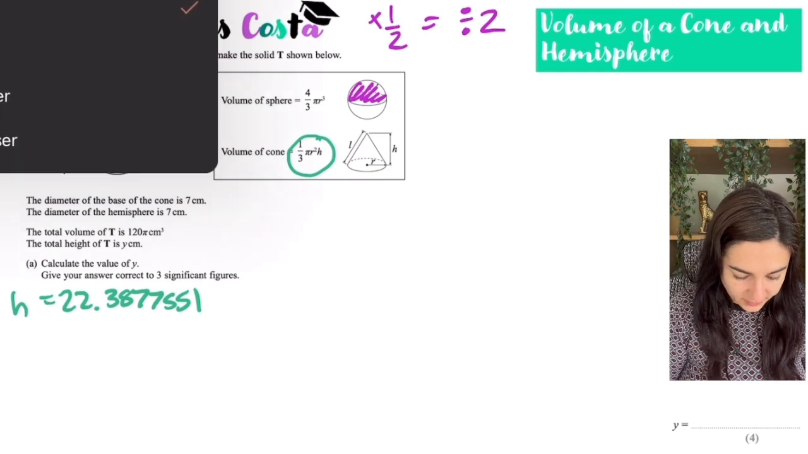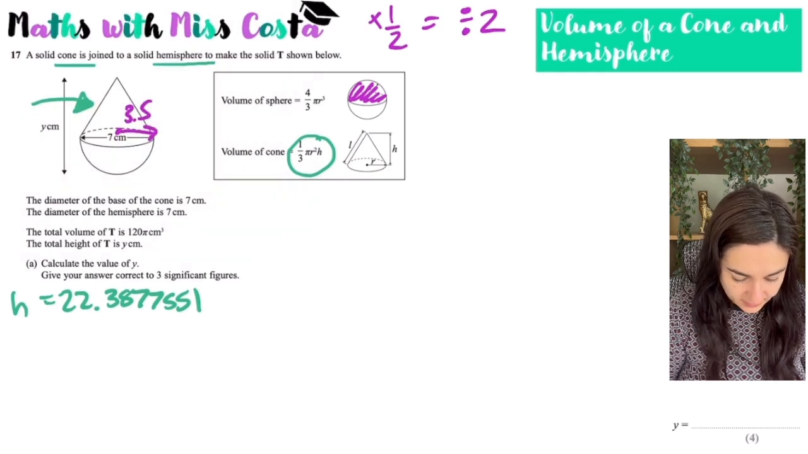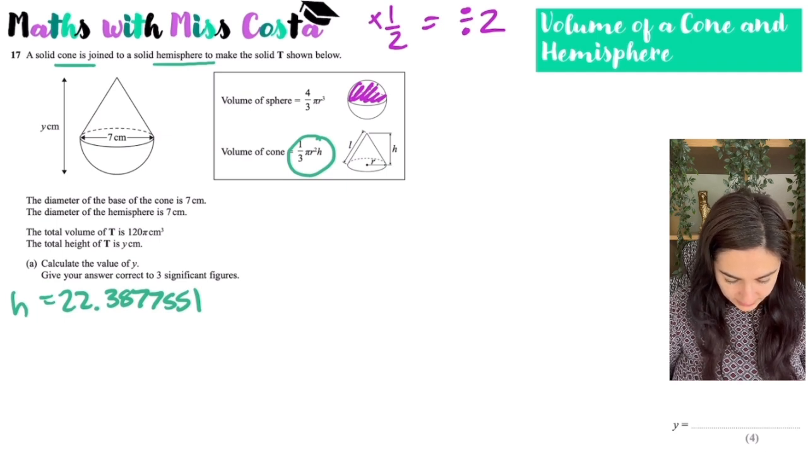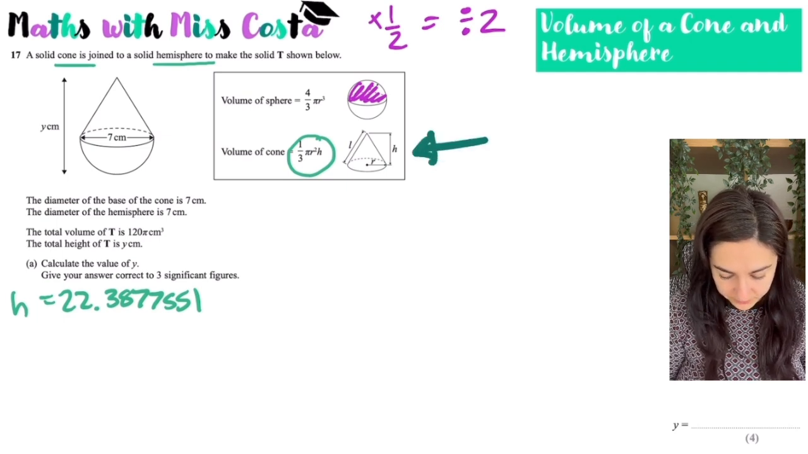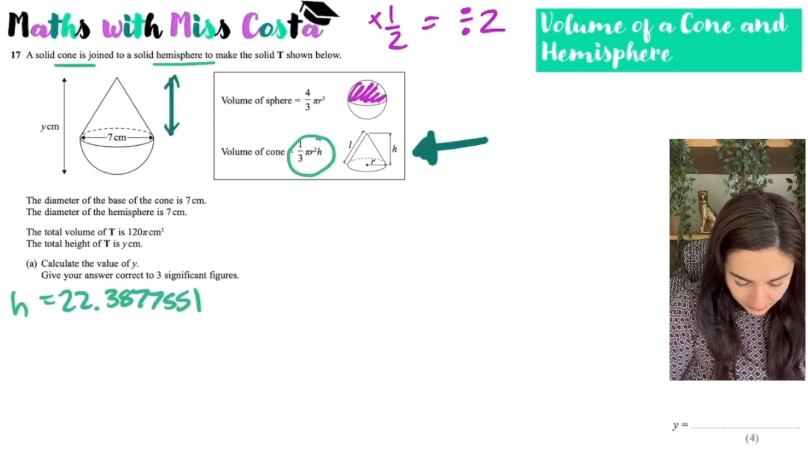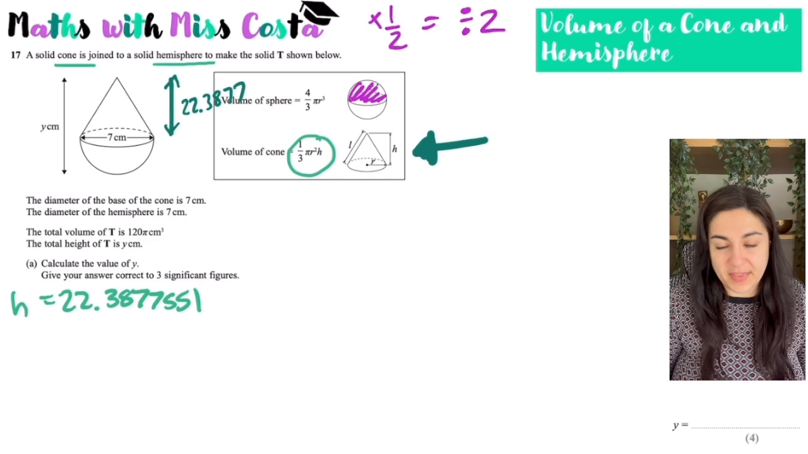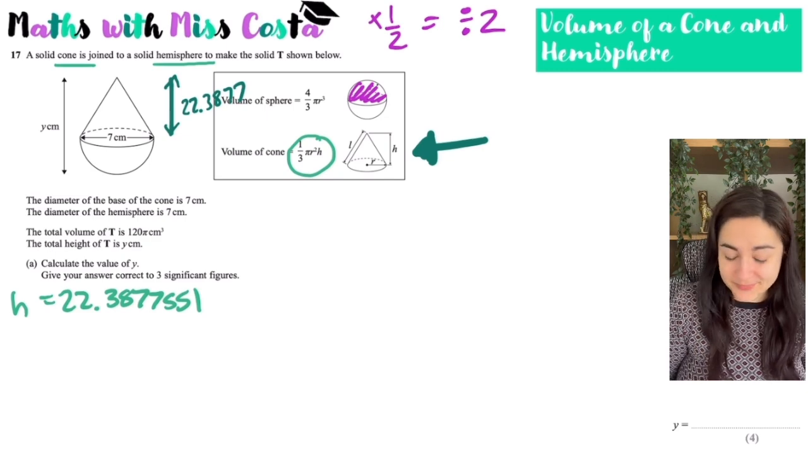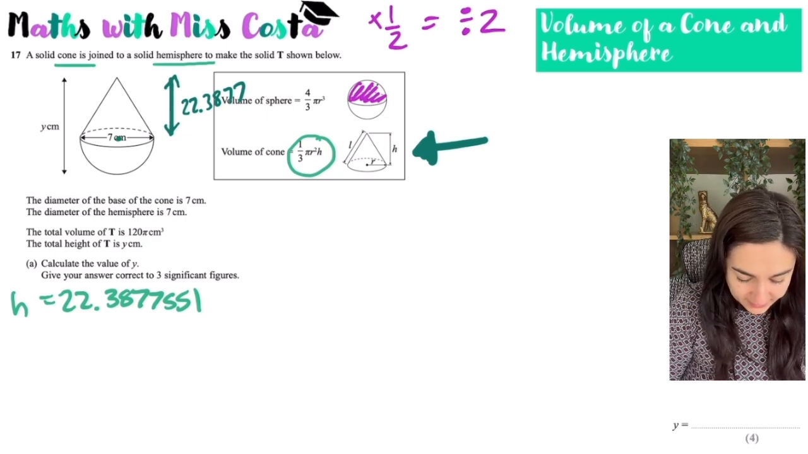And h is going to be in relation to my cone. Okay, so h is this part here. So I know that that must be 22.3877. Now I also know it's a hemisphere, so I know that there must be a radius going from here